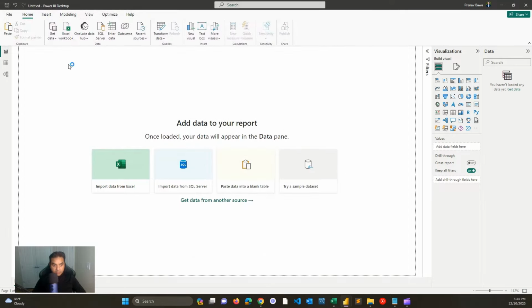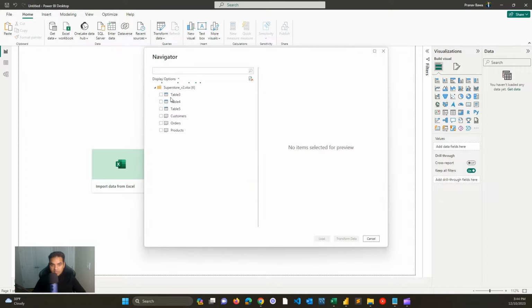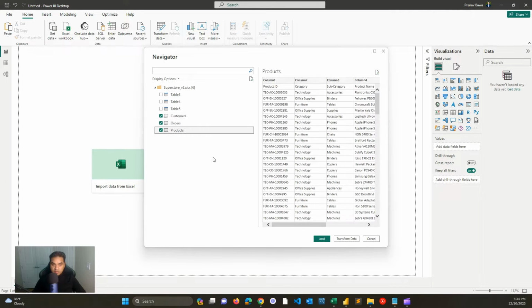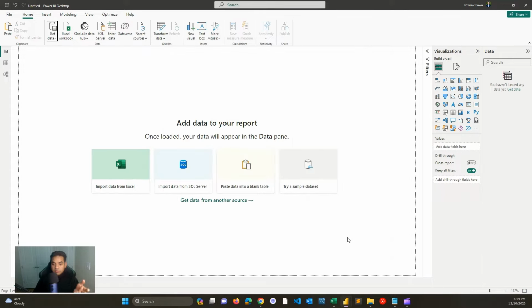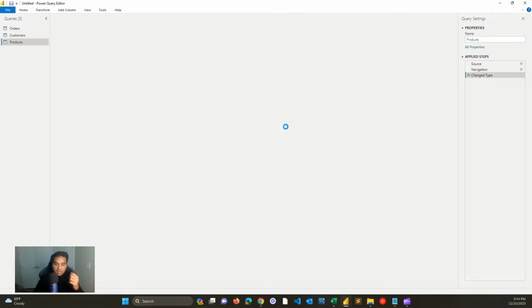Once you have connected your Excel workbook, your data set, you'll land in this Navigator. What the Navigator is showing us is all the different tables this Excel file consists of: you have your orders, customers, and products. So essentially this is the extraction process. You can directly load your table into Power BI, but that will skip the transformation step, which is very necessary to see the quality of your data, and if you need to make any changes. So we'll be doing the second step, that is transformation, by clicking on Transform Data,